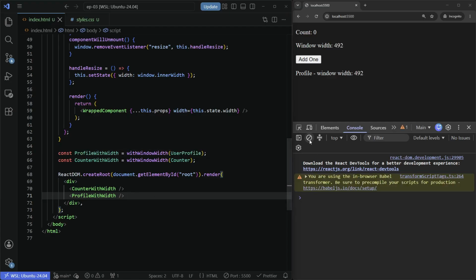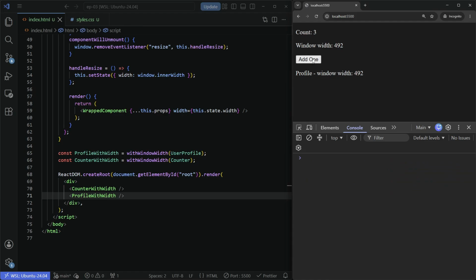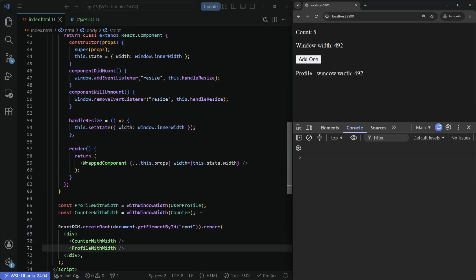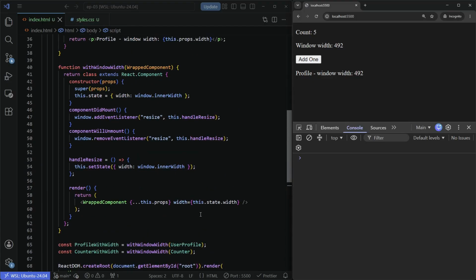Cross our fingers, it works. 1, 2. Now our pinging. We remove the pinging. Here in our componentDidMount, we did remove the pinging. Okay, but anyways, now our